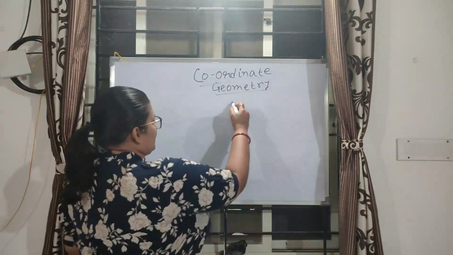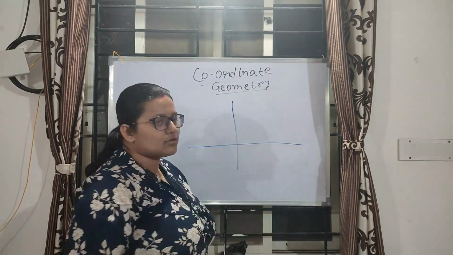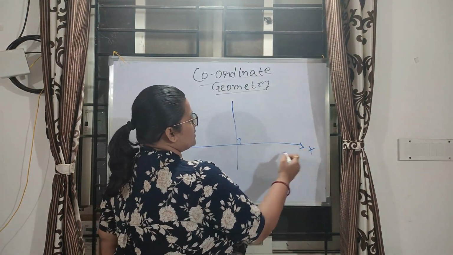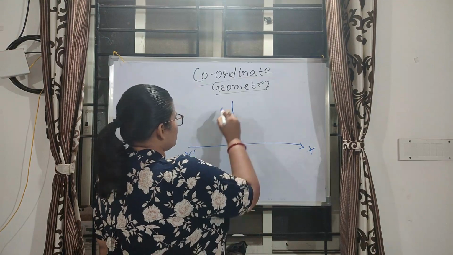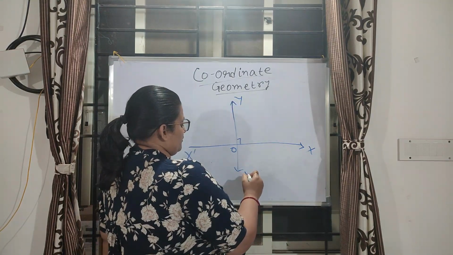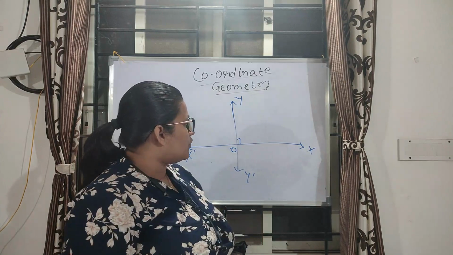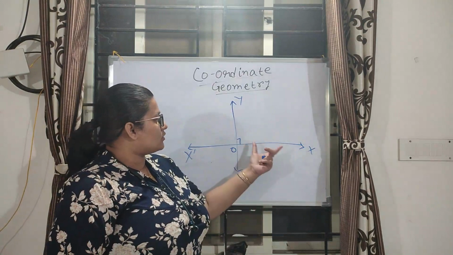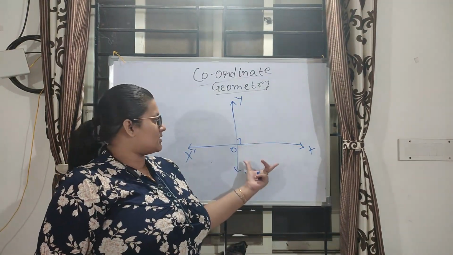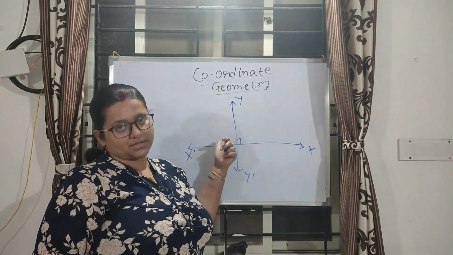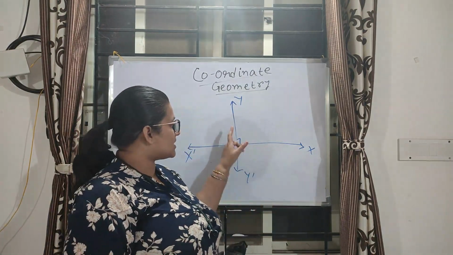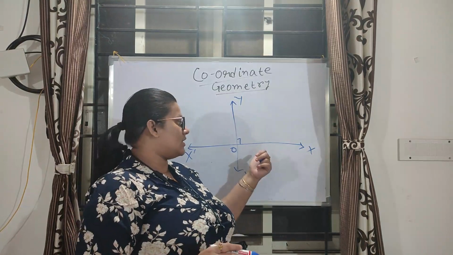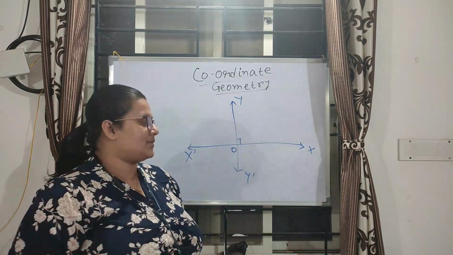Basically that means if we draw two perpendicular lines, they are cutting each other at 90 degrees. So I am giving the names as XOX' and YOY'. Any point represented in this rectangular system, basically this is called a rectangular system because they are cutting at orthogonal. They are literally orthogonal to each other. That means they are cutting at 90 degree angle.